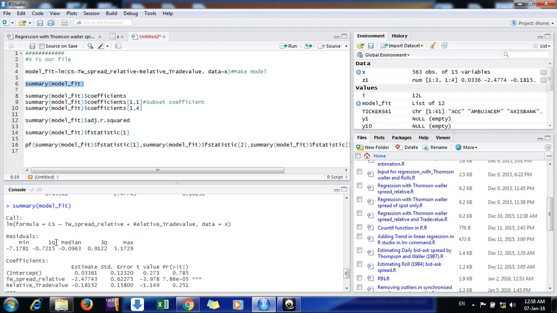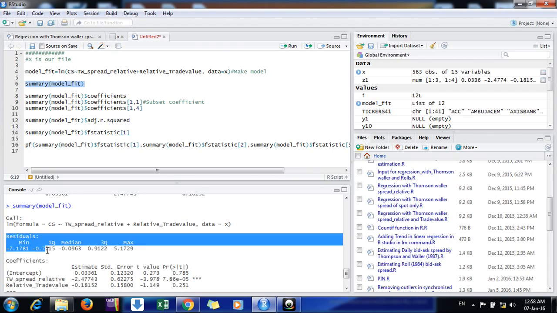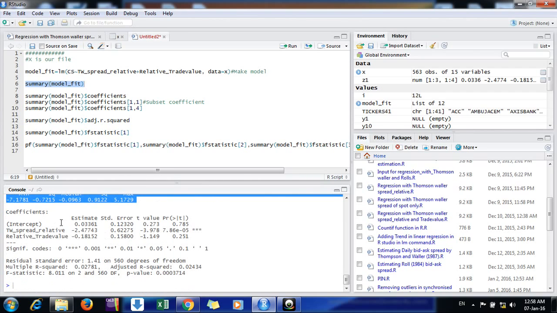This summary gives me the descriptives of residuals: min, first quartile, median, third quartile, and max, and then all the coefficients, like the intercept, first variable, second variable, their estimates, and then standard errors.